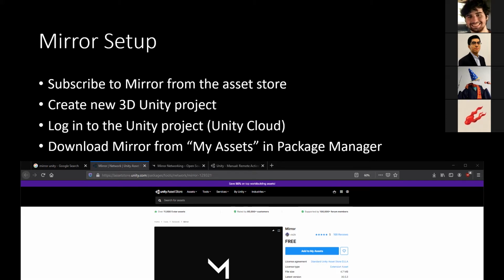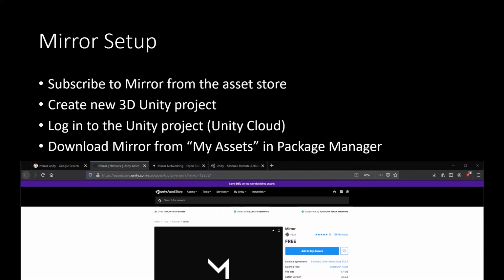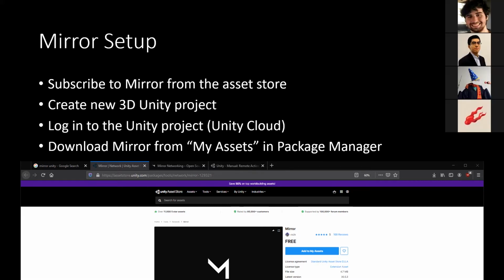Pretty exciting stuff. Hopefully you're familiar enough with Unity already that I can talk about functions and fixed updates and things, and the execution order, and you know what I'm talking about. But otherwise, I'm going to just focus on the networking aspect of it. So the first thing, I have a presentation at the beginning, but people can be downloading Mirror and setting that up in the background and creating a new project while I'm going through the presentation. So I just want to make sure that everyone has that.